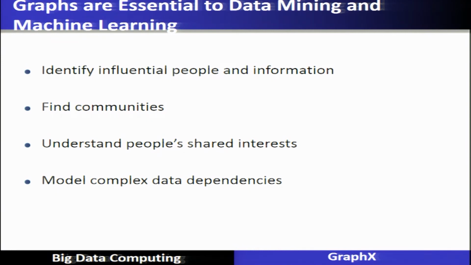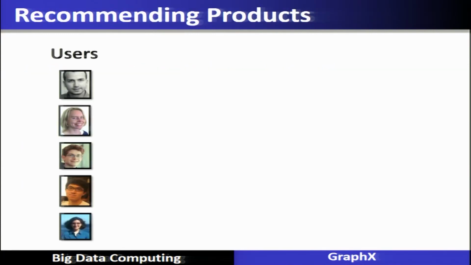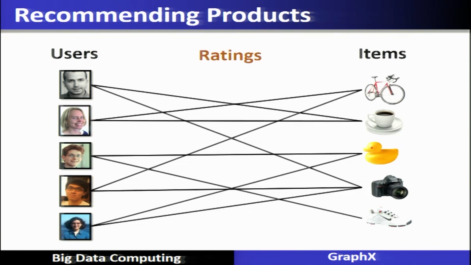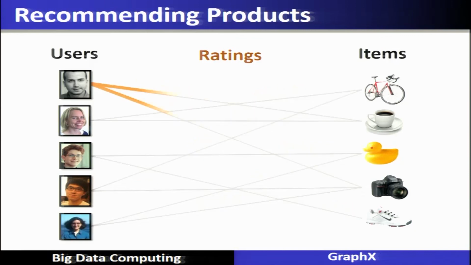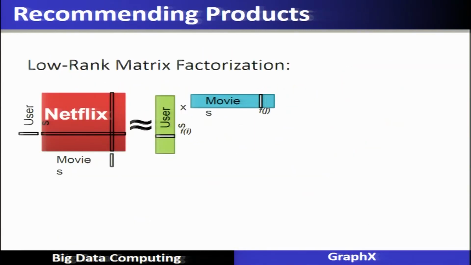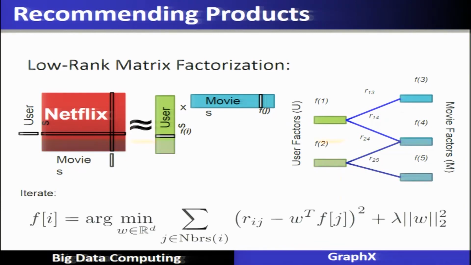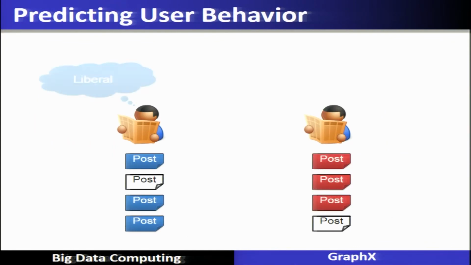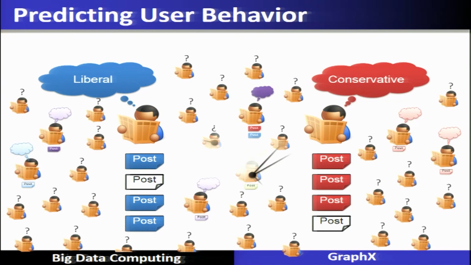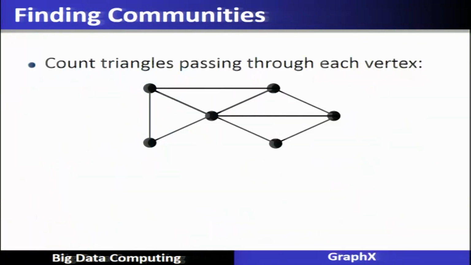Graphs are essential to data mining and machine learning. They help identify influential people, find communities, understand people's shared interests, and model complex data dependencies. Graphs can be modeled as a bipartite graph for recommending products or movies using recommendation engines. Similarly, to predict user behavior, we can model the problem as a graph and do the analysis,